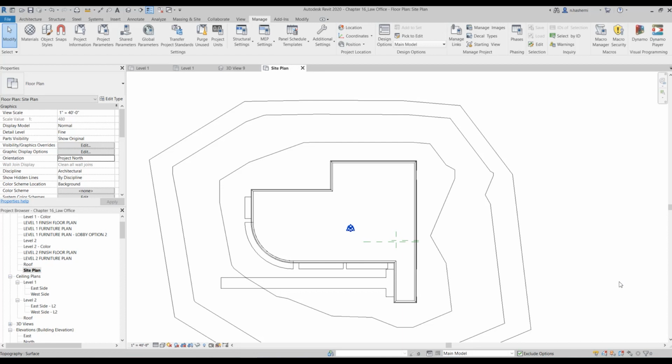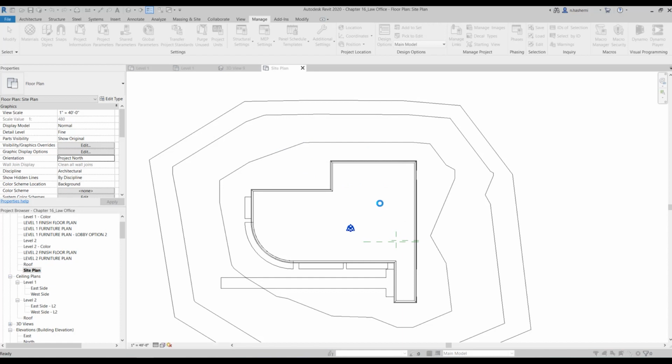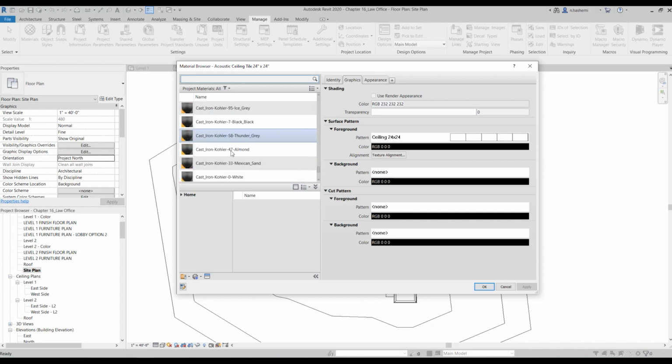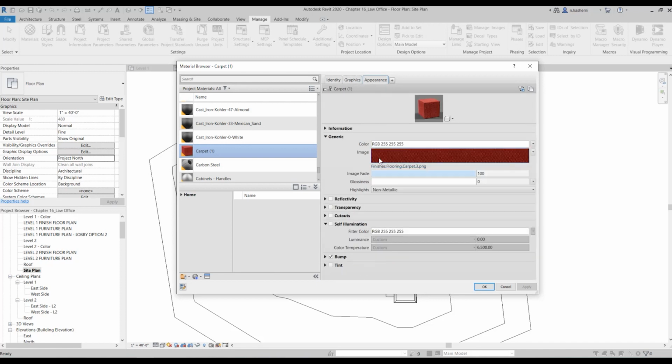So if you go to the material browser and select the material of the object you have downloaded. For example, I'm just going to pick one randomly. And go to the Appearance tab. Here, you would see that this image is not loaded and is missing.